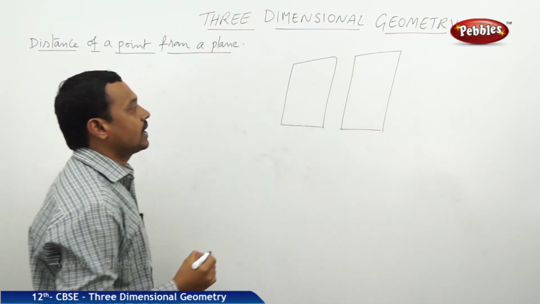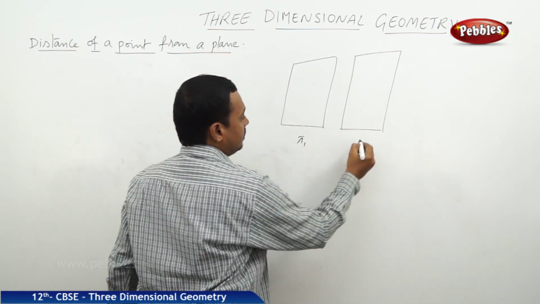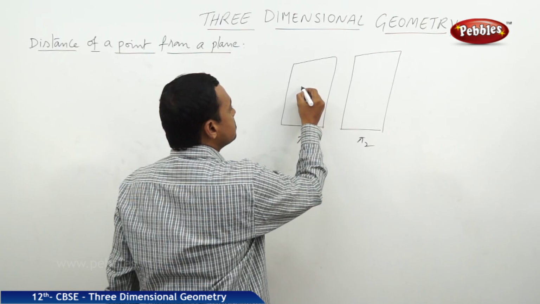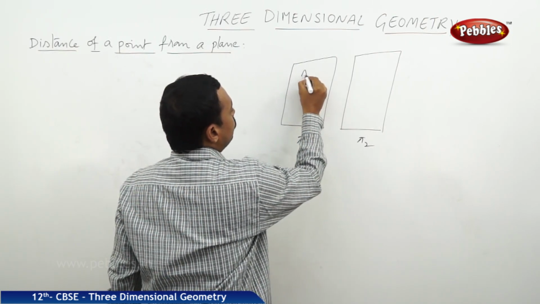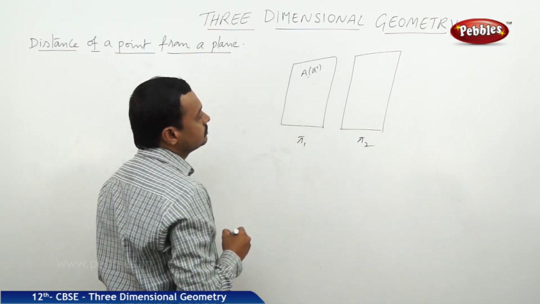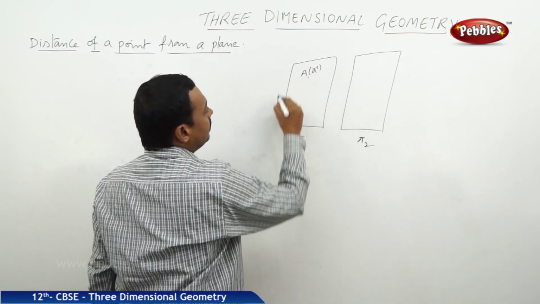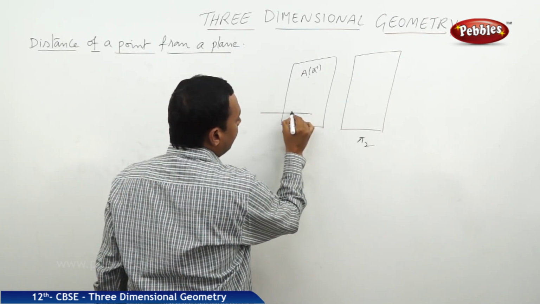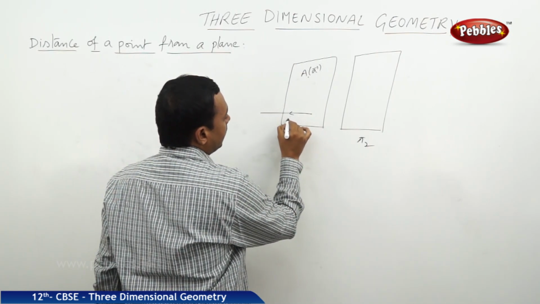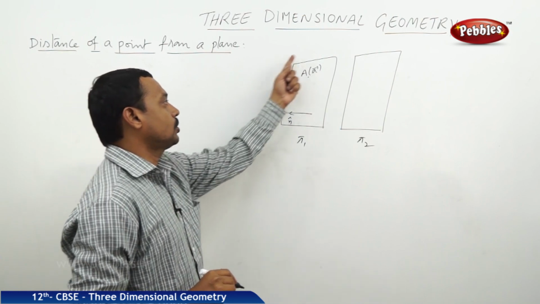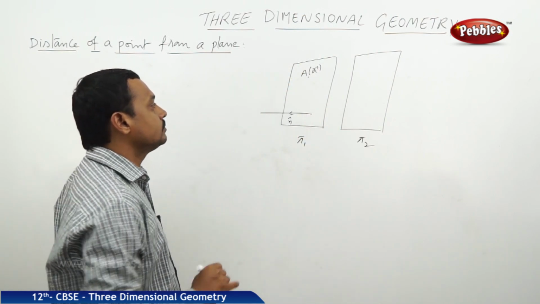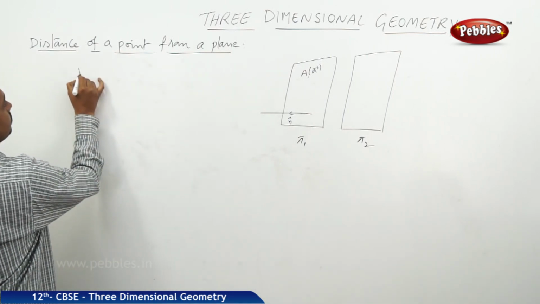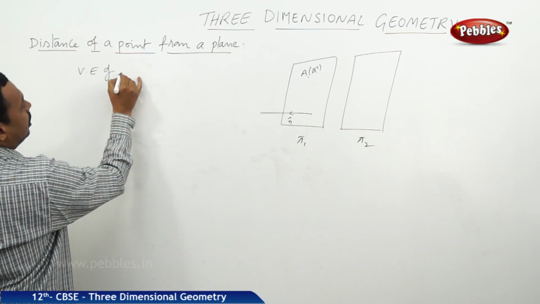Now, these are the two parallel planes. The first one is pi 1, second one is pi 2. Suppose the first plane is passing through some fixed point A whose position vector is A bar, and there is a unit vector n bar, n cap, perpendicular to the plane pi 1. Then the vector equation of the plane